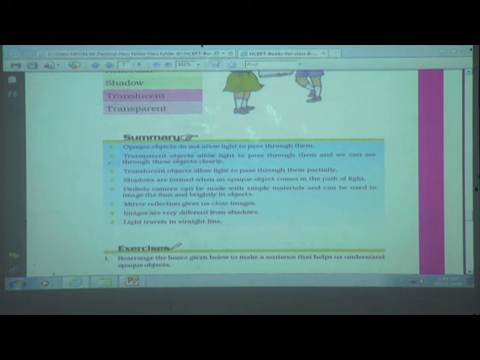Images are very different from shadows. Light travels in a straight line. So in this lesson we have studied the properties of light, properties of shadows, properties of mirrors, properties of reflections. So all of you understood this?